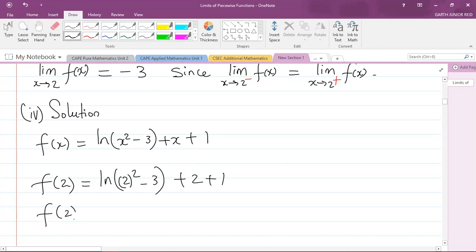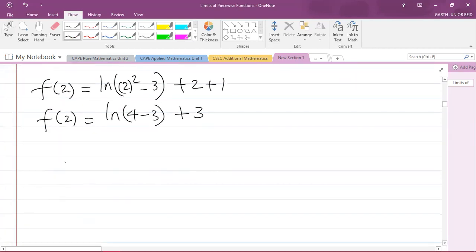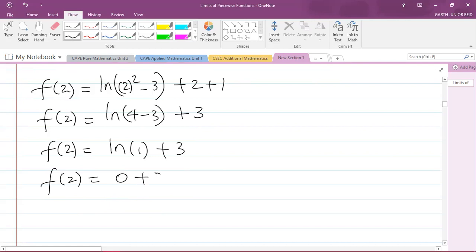So f of 2 equals the ln of 2 squared, which is 4, subtract 3, plus 2 plus 1, that's 3, right? Good. So let's just simplify now. f of 2 equals the ln of 4 minus 3, that's 1, right? So the ln of 1 plus 3, and ln 1 has a value of 0, plus 3. You can check it in a calculator. ln of 1 has a value of 0. All right, so we have 0 plus 3, and therefore f of 2